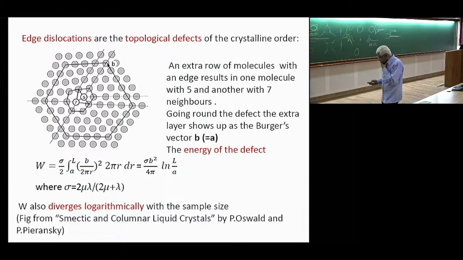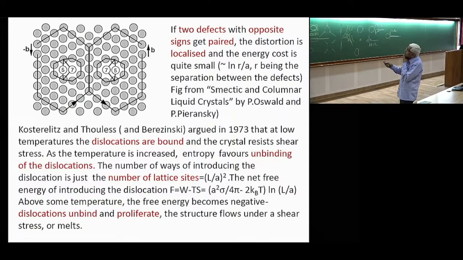So once this happens, you can then count the number of ways in which you can introduce that edge dislocation, and that is (L by a) squared. But anyway, once I take the logarithm, it is logarithm of L by a again. So you have an entropic contribution, which is logarithm of L by a, and an energy contribution, which is again logarithm of L by a. So the free energy, which is W minus TS, goes as logarithm of L by a, but with a coefficient which looks like this. So below some temperature,